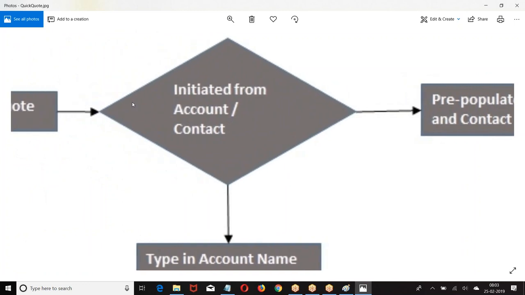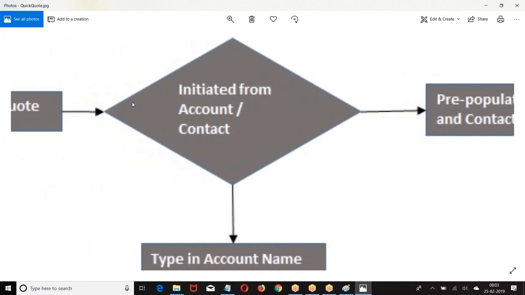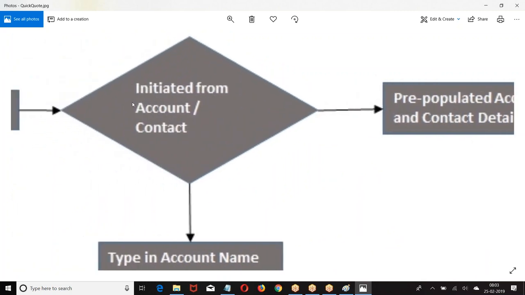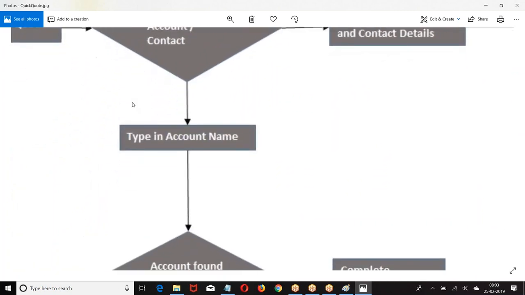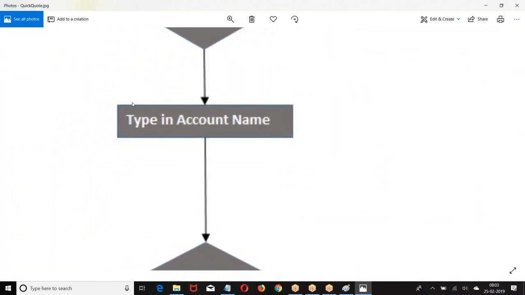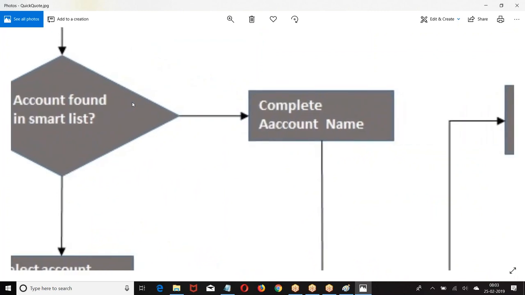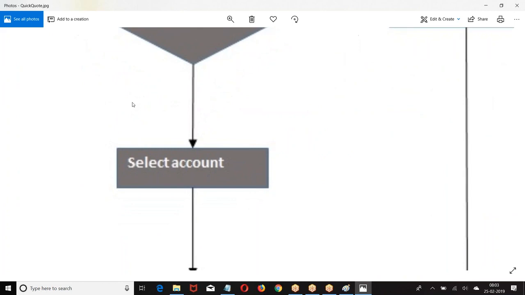When you click the quick code button from an account record or a contact record, it pre-populates the account and contact data. No, it is not clicked from account and contact. It's clicked from the tab. Then you type the account name. If the account name is found in the smart list, it auto-populates the complete account name. If it is not found in the smart list,